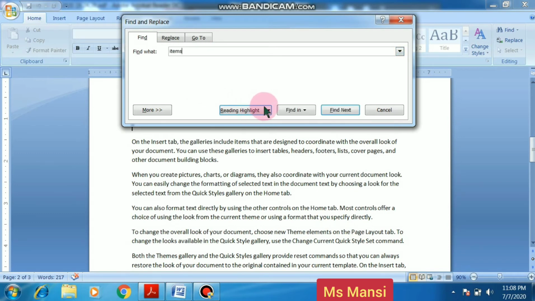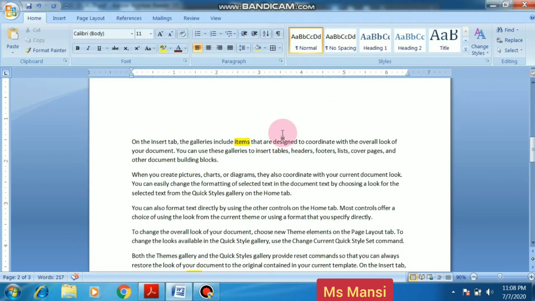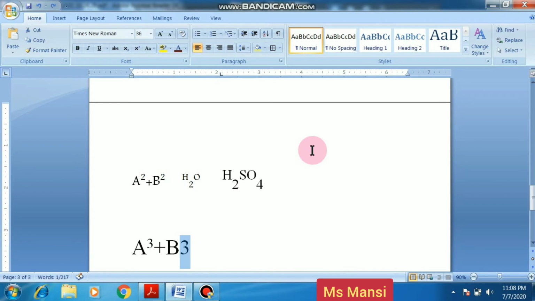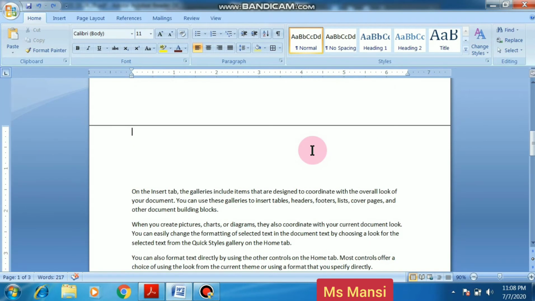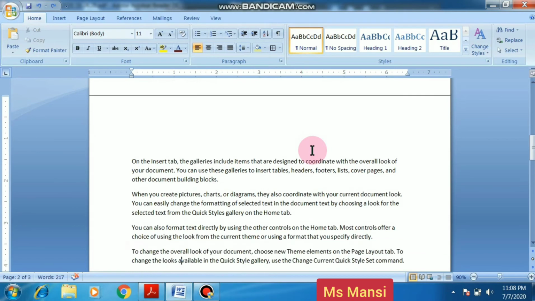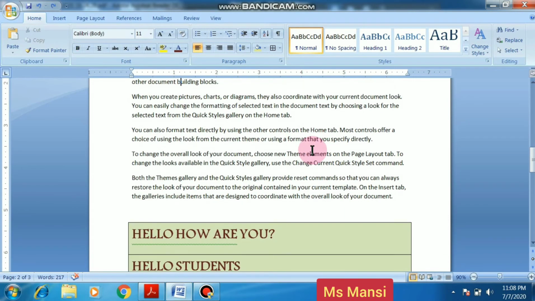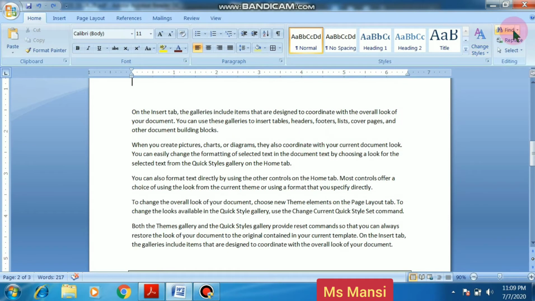If you want to highlight that word, I click on highlight all and find it, then close. Again I am trying.